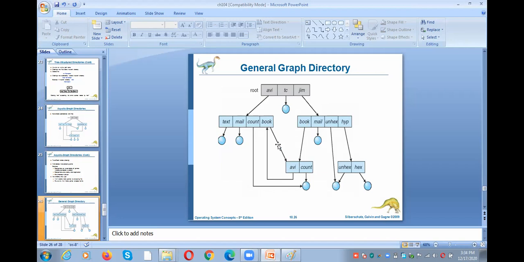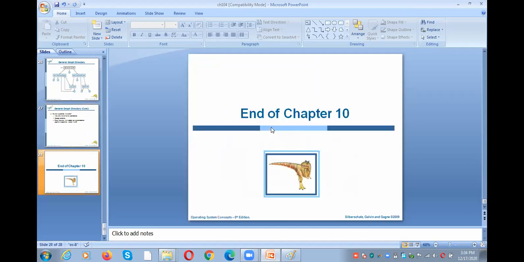If you observe, follow the cursor. This is the one, the general graph directory. And one more thing, file mounting. Mounting is a process by which the operating system can make all the files and directories available at one place. So how can we keep the files at one place? We can mount the files.